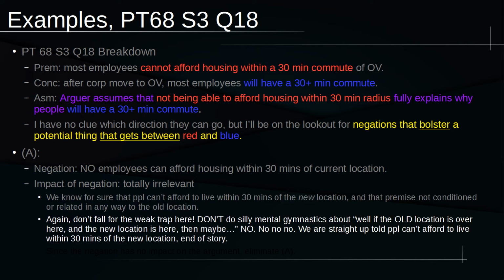Don't do this silly mental gymnastics about, well, if the old location is over here and the new location is here, then maybe... No. We are straight up told that people can't afford to live within 30 minutes of the new location. End of story. Trying to do sort of the weird chess piece location mapping thing, don't do it. Don't do it. And the reason I'm being so dismissive of this approach is that we would have to know